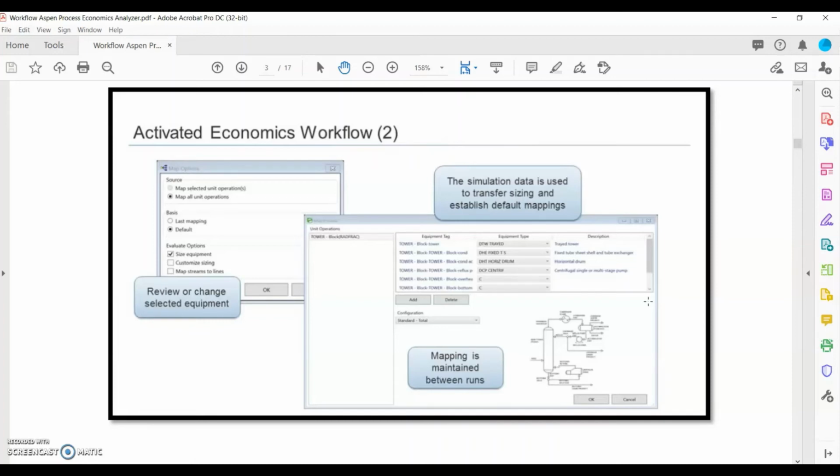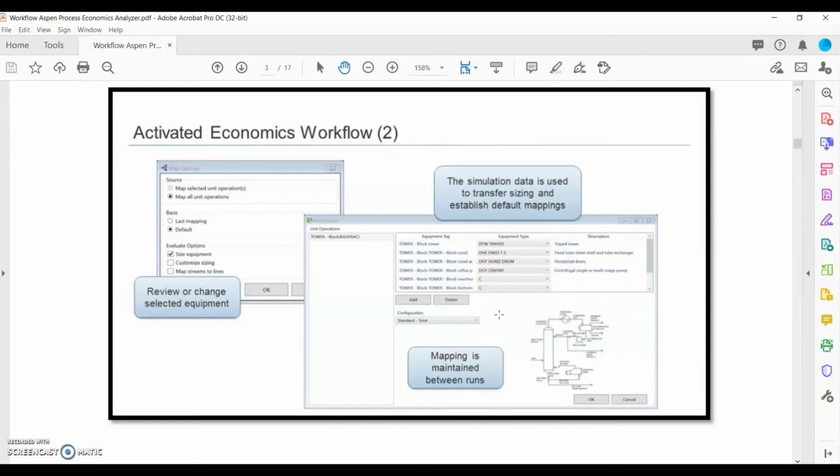And often, if you use the default type of equipment, at the end of the evaluation, you will see error messages. So if you want to troubleshoot, the first thing that you need to do is to change the type of equipment.